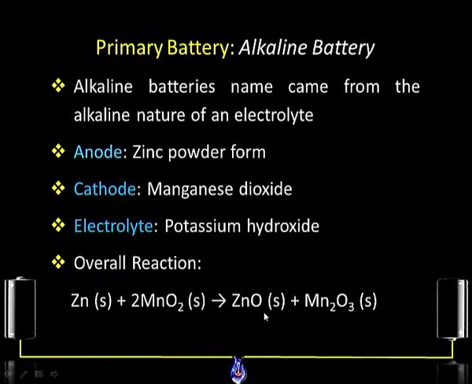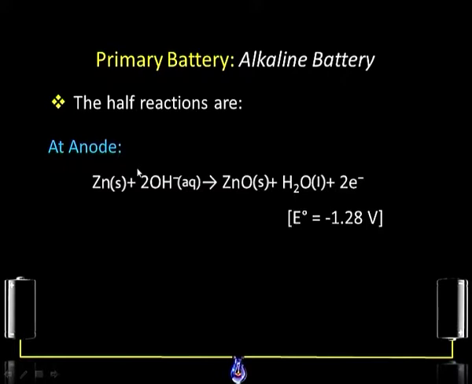forms zinc oxide. At the anode the oxidation reaction occurs, so it will form zinc oxide, and at the same time reduction occurs at the cathode, so it will form Mn2O3 in solid form again, as they both are in electrodes only. And the ions are conducting through an electrolytic solution, and the electric voltage which is conducted was plus 1.43 volts. If we are considering the half reactions of anode and cathode, then at the anode zinc,